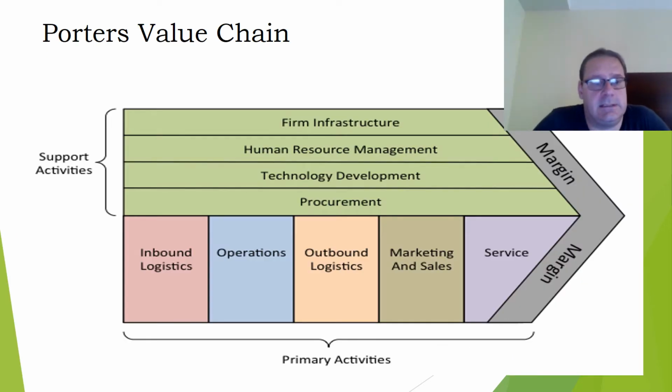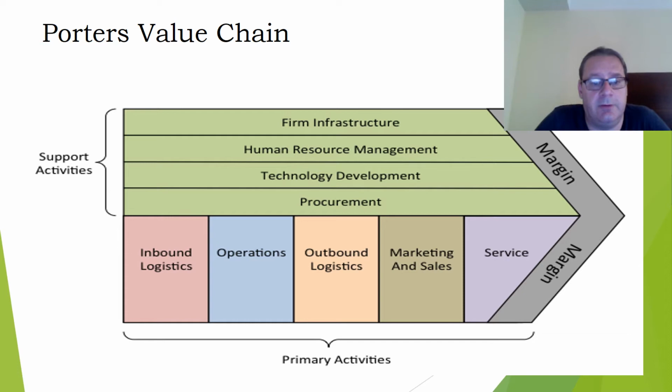Okay, so this is Porter's value chain. Porter's value chain was designed many years ago now to look at how a business actually works. Right, there's an underlying principle to this. The underlying principle to this is that there are costs attached to each of these stages. And therefore, your organization will make a margin or a profit if its customers are willing to pay more than the combined total of those costs. Okay, so that's your starting point.